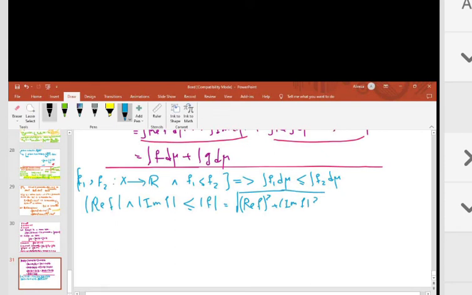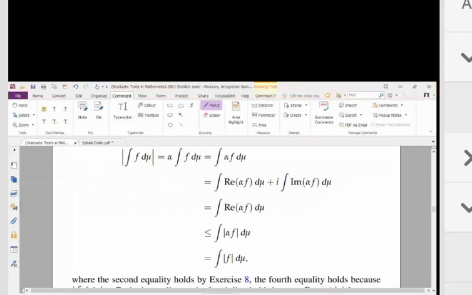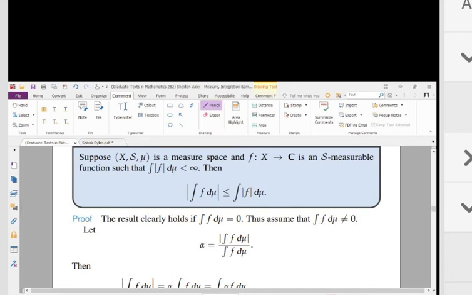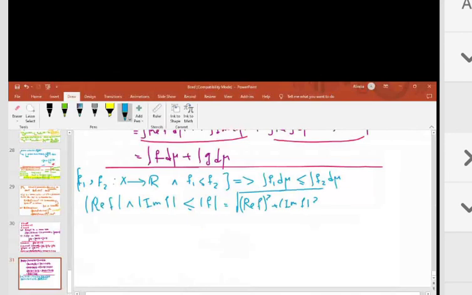Okay, so this is less than this function, so that its integral has this order, and this is equal to the absolute value, because the absolute value of alpha equals 1. The absolute value of this equals 1. So that if the absolute value of alpha equals 1, then